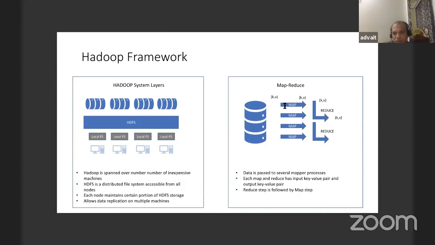First comes map and then comes reduce, and combined they form one step of MapReduce. If you want to build more steps, you can go iteratively: one big MapReduce step, and then further add another MapReduce.